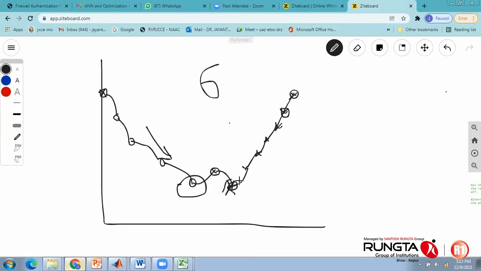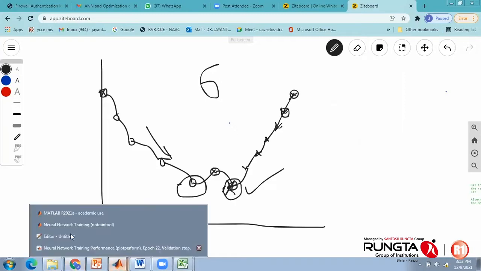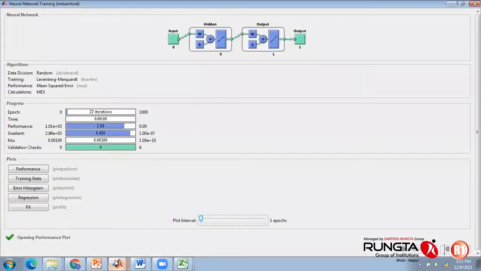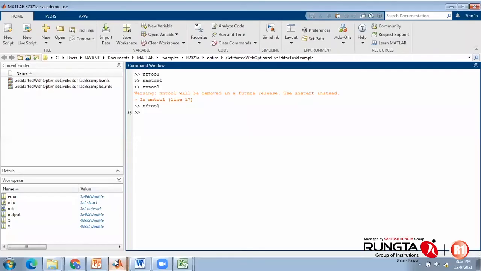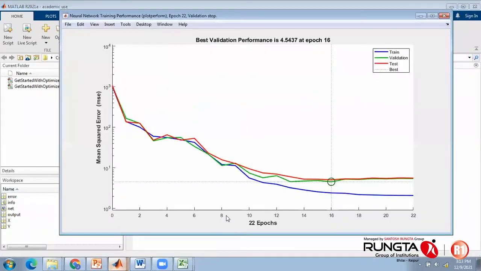So this algorithm will get terminated at this point, and this must be called the optimum value. This must be the final MSE value. The same depiction is over here. MSE is continuously dropping on this side. Okay. And at 16 epoch, it gets terminated because after this, there may be a specific increase in error.